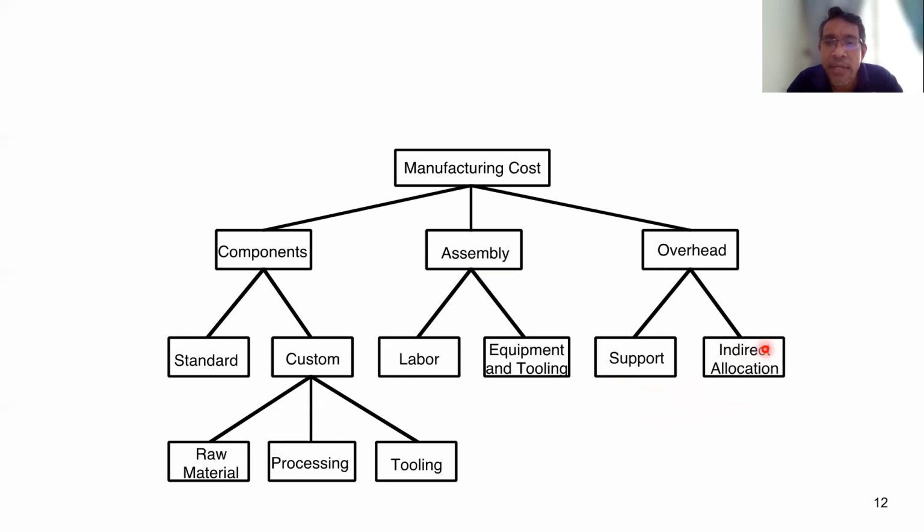Because for indirect we have factory overhead and corporate overhead. For support costs, we have the cost for material handling, quality assurance, purchasing, shipping, receiving, and facilities. So for indirect cost,